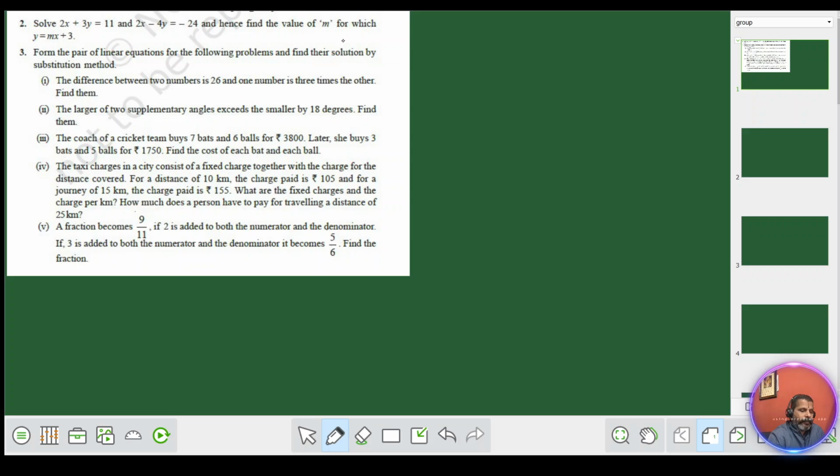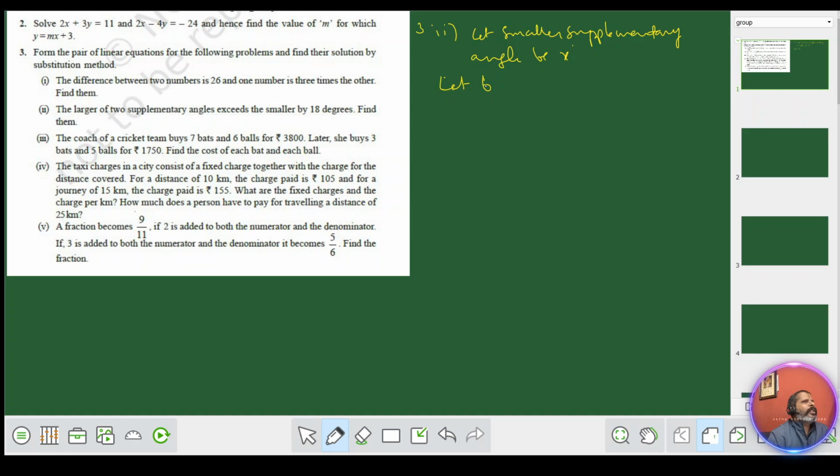Second one, 32. The larger of two supplementary angles exceeds the smaller by 18 degrees. Okay, the larger of two supplementary angles exceeds the smaller, or the other one will always be smaller by 18 degrees, right? So we don't know which is larger and which is smaller. We'll call it: let the smaller supplementary angle be x degrees, and let